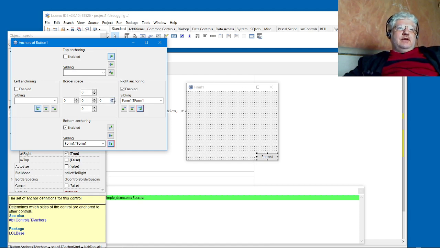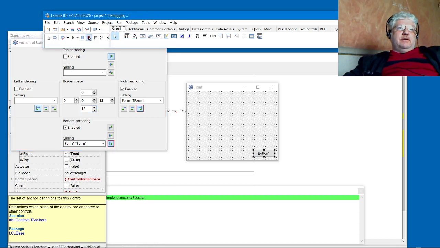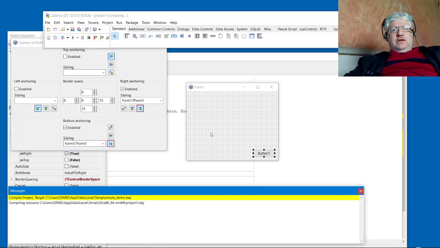So I'm going to increase the right border spacing to, let's change it to 15. So you'll notice that it moved in a little, and let's do the same thing for the bottom. And now if we compile our app again,